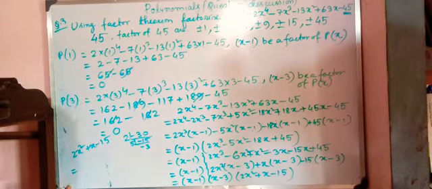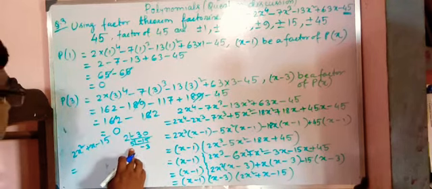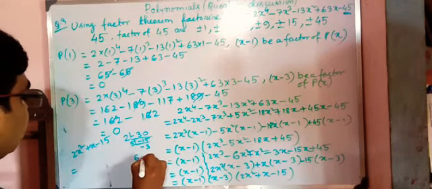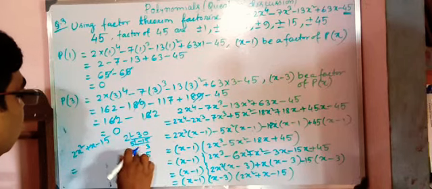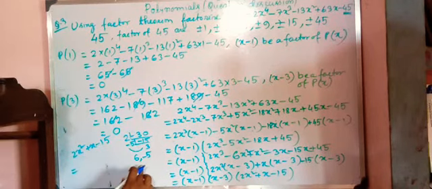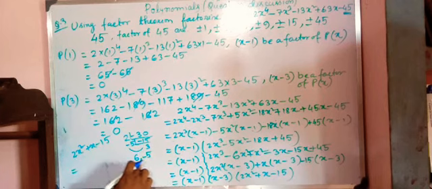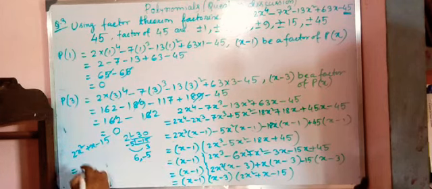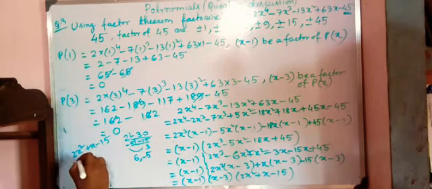If we take minus sign over 5, that is minus 5 and plus 6, the multiplication is minus 30 and the adjustment is plus 1. So this equals to